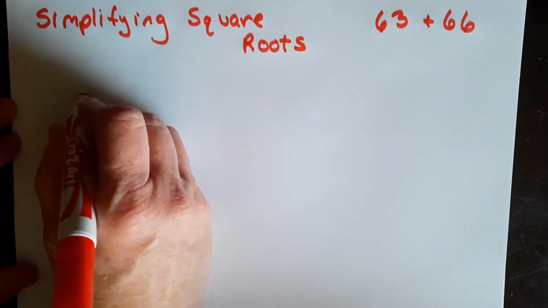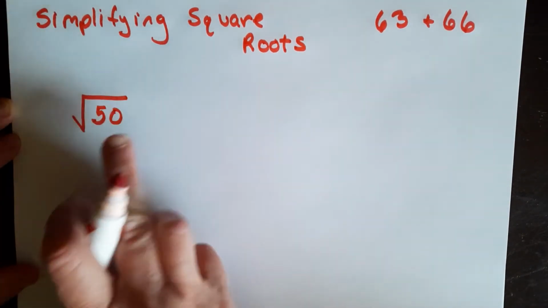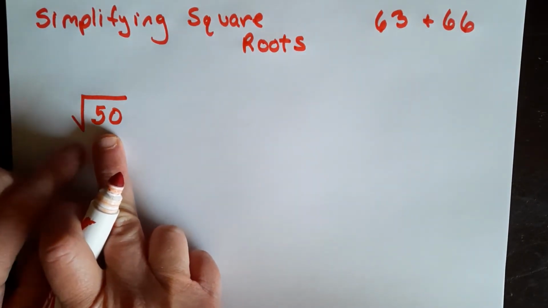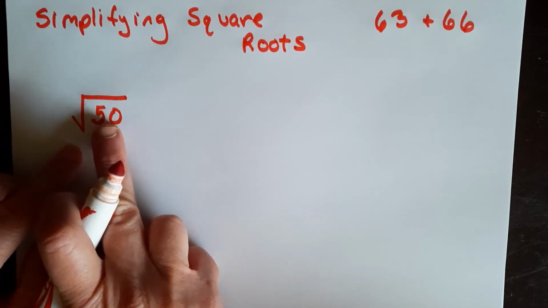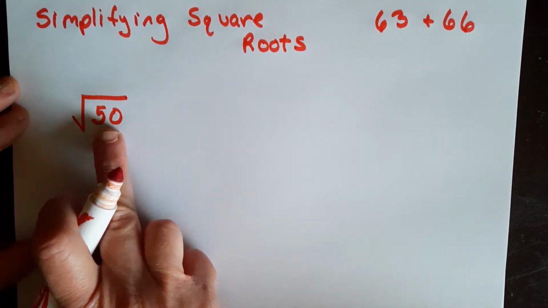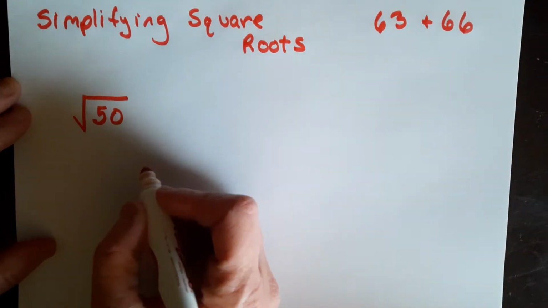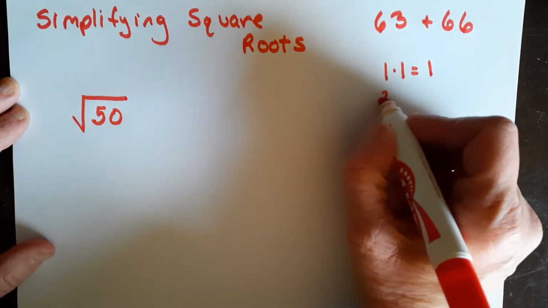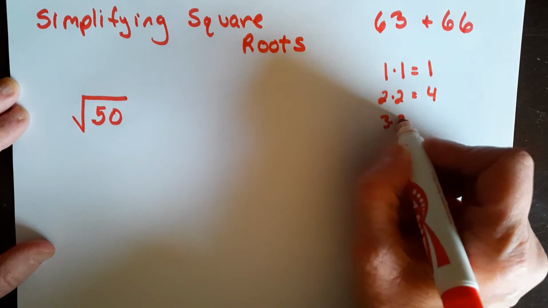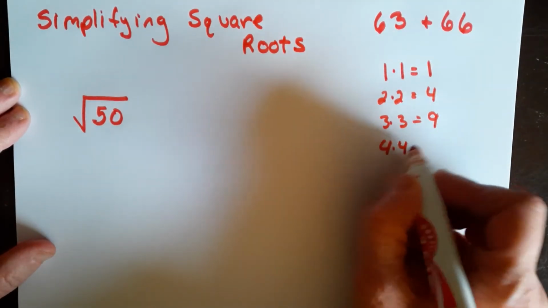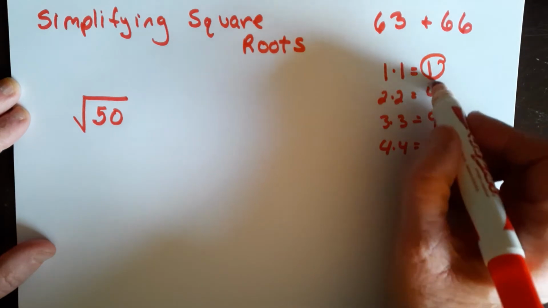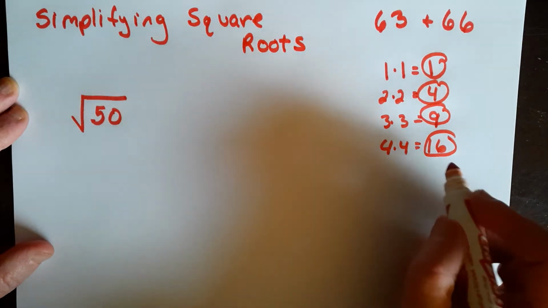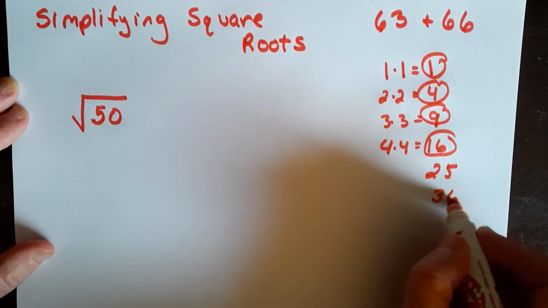So in class I showed you the square root of 50. This is not yet in the simplified form, because if you can find a perfect square in this number, then we need to factor that out, and then we can simplify it from there. We talked about in class how the perfect squares are 1 times 1 is 1, 2 times 2 is 4, 3 times 3 is 9. Do you see the pattern? 4 times 4 is 16. So these numbers are all perfect squares. Their square roots are a whole number. So if we continue, it would be 25, 36,